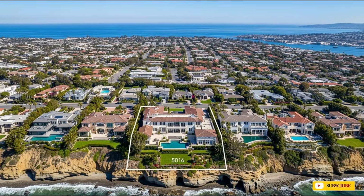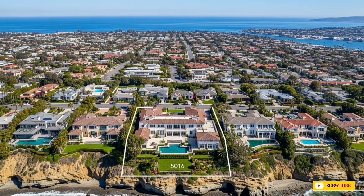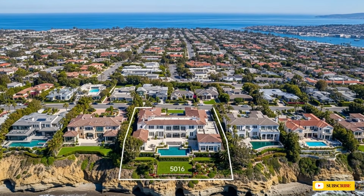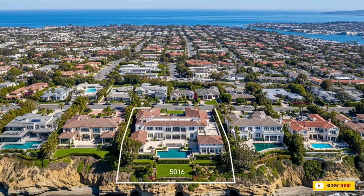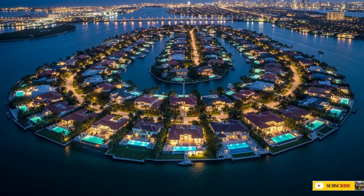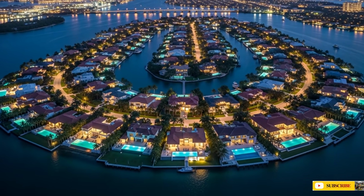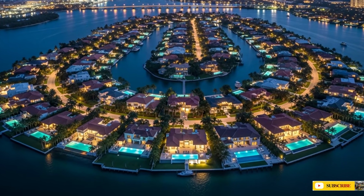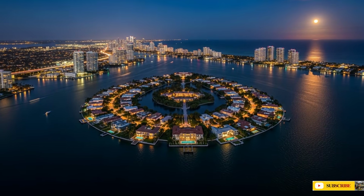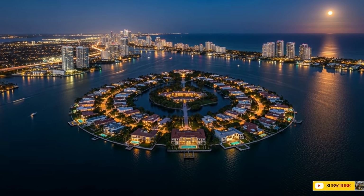There's a word in real estate that gets overused: irreplaceable. Agents throw it on listings with builder-grade cabinets and laminate counters. It loses its meaning fast. But at 27 Star Island Drive, for once, it fits. You cannot build another first home on Star Island. That history exists once. You cannot recreate that lot, that orientation, that bay frontage, that compound structure, in a neighborhood